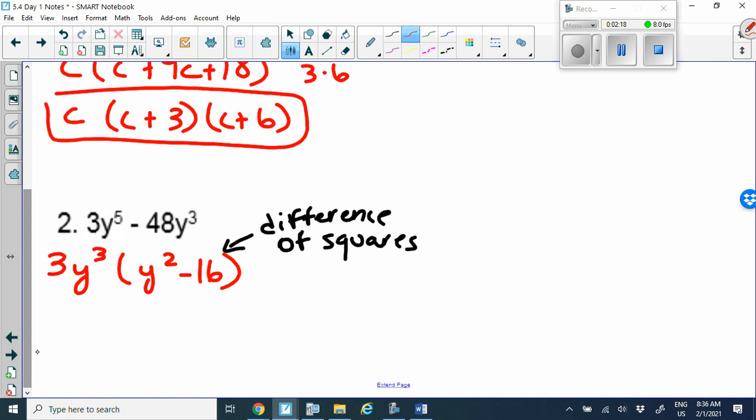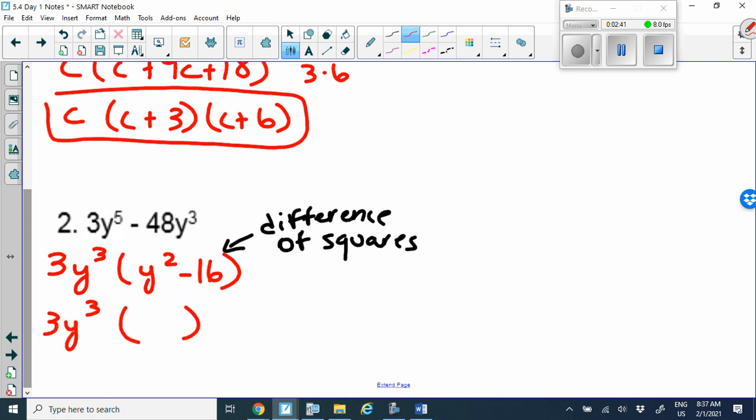Okay. So remember with the difference of squares, that means we have a binomial, meaning two terms. Our a and c values are perfect squares. So the number in front of y squared is 1. 1 is a perfect square, and 16 is a perfect square. And we're subtracting the two terms. That also means difference. So when we are factoring this, first of all, make sure you bring down that 3y